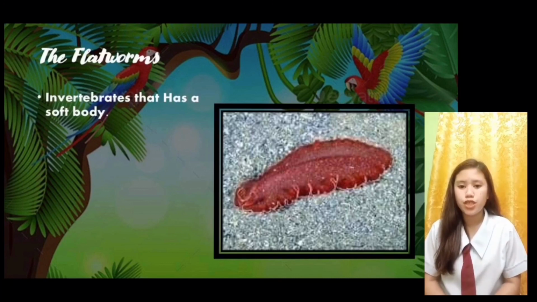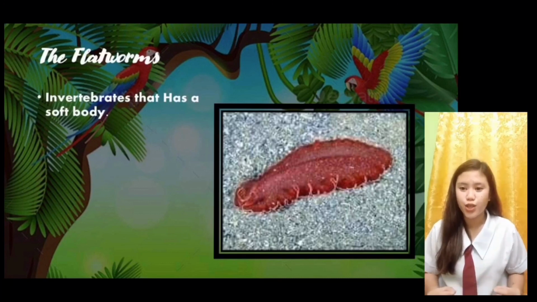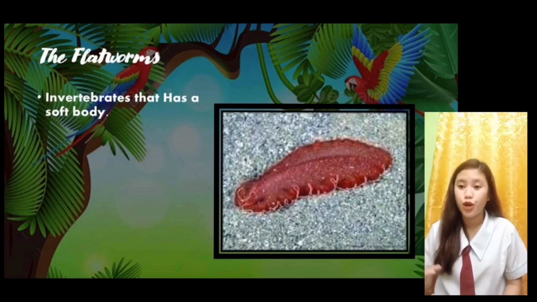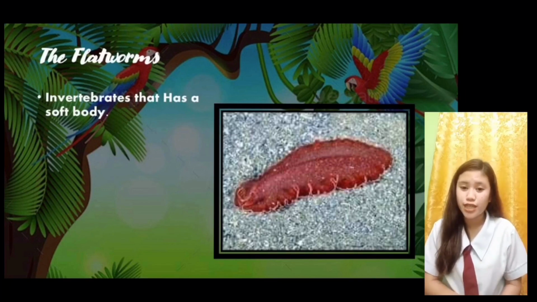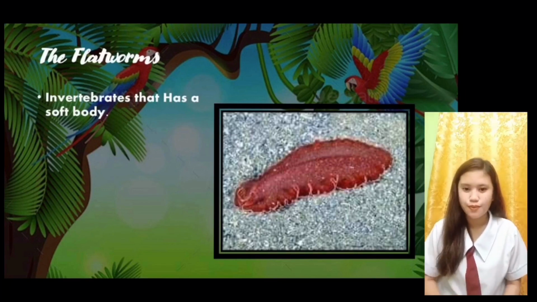So, kung makikita po sa picture, para lang po siyang isang dahon, pero siya po ay isang uri ng worm kung saan tinawag po siyang flatworm dahil kung makikita naman po sa kanyang itsura, para lang po siyang isang flat na bagay, pero siya po ay worm, isang uri po siya ng animal. So kung makikita po natin siya sa ilalim ng dagat, para lang po siyang lumulutang na malambot na bagay dahil nga po it has a soft body. Pero ito po ay isang uri siya ng worm kung saan tinatawag nga po siya na flatworms.